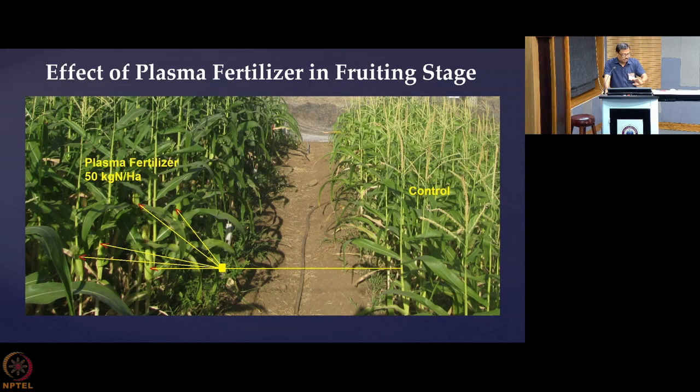Now finally I will come to one real application case. This is a maize. It has been grown using the plasma fertilizer, and this is called control, where we have only given water at regular interval, but we have not given any fertilizer. And you see that in the fruiting stage the cones are very visibly grown over here, and in the control where we have applied regular watering but no plasma fertilizer, you see that no such corn is grown over here. This is exactly visible and directly captured using the camera. So this speaks about the effectiveness of the fertilizer that is produced using thermal plasma.